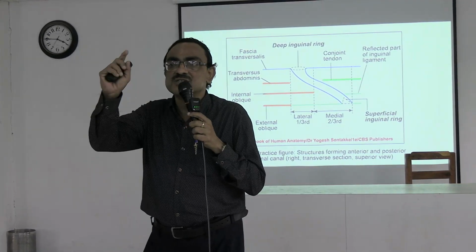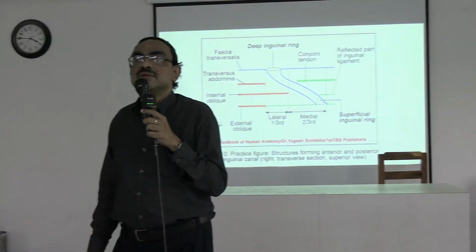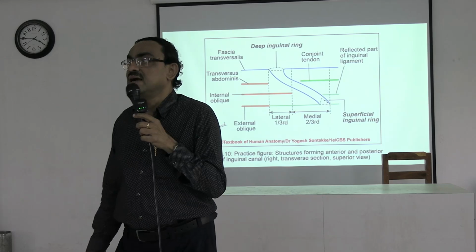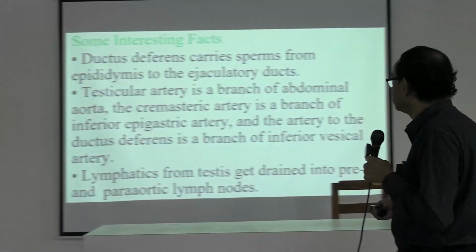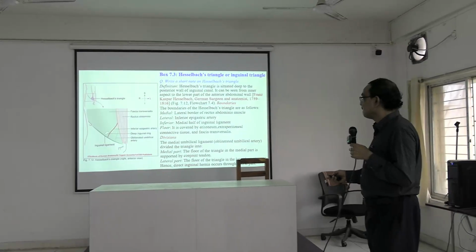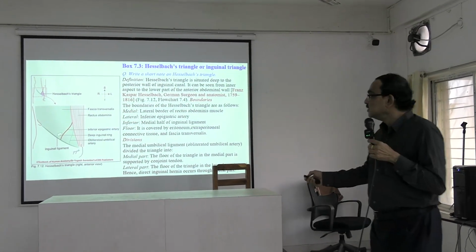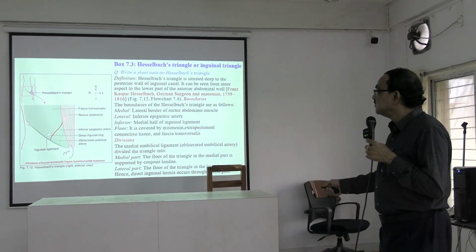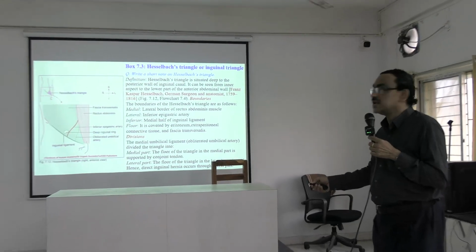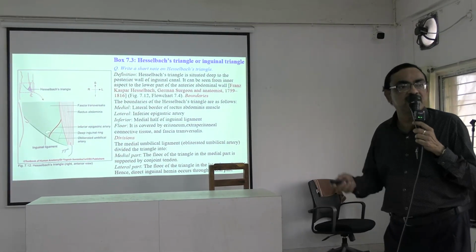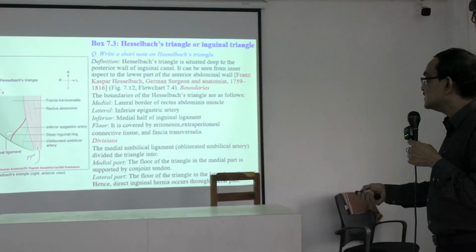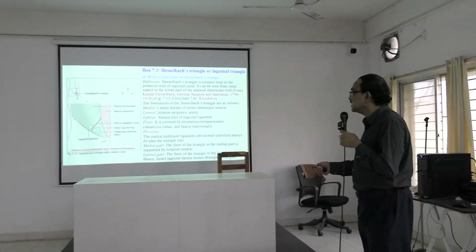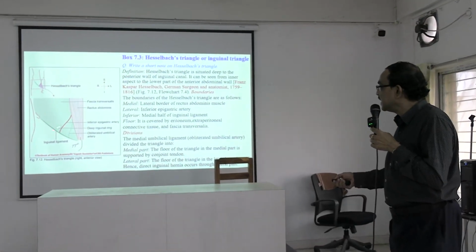So the next one is the hernia. Now you can see this is the fascia transversalis. That means we have removed external oblique, internal oblique, transversus abdominis. Then we can see this is the fascia transversalis. Here we are getting the ring,